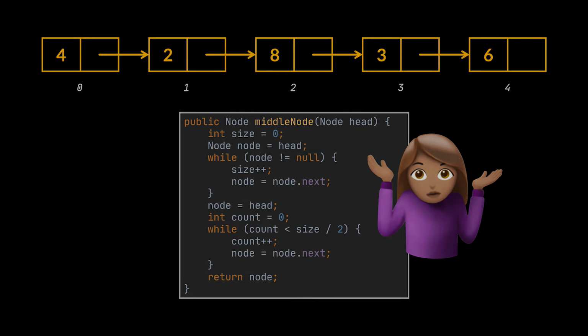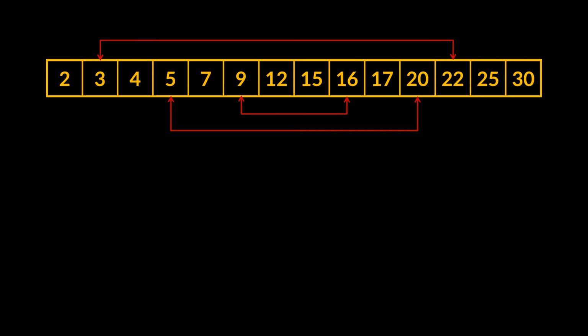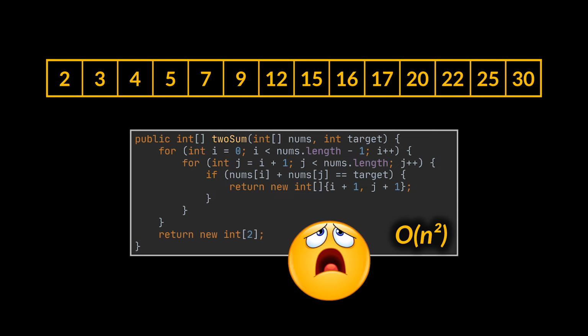And suppose we have this array of numbers sorted in ascending order. What we want to do here is try to find any two numbers such that they add up to a specific given target number, let's say 25. Now, a trivial solution here could be to loop over this array twice, allowing us to compare each element in this array to every other element in the same array. And as soon as we find a solution, we return it. This works, but this has a quadratic time complexity, and as you may have guessed, is definitely not optimal.